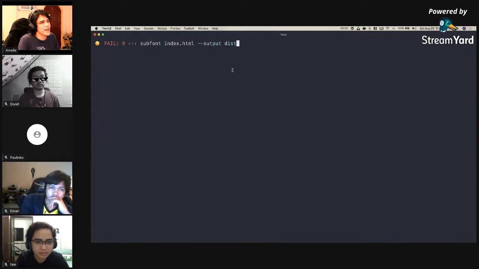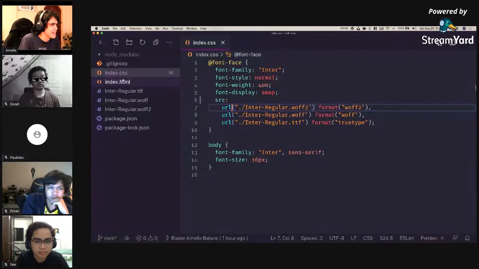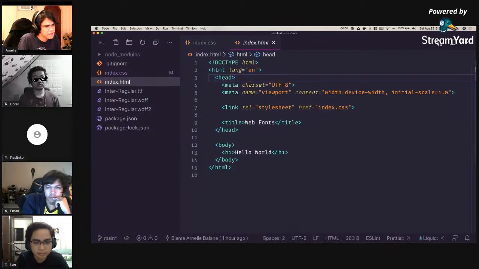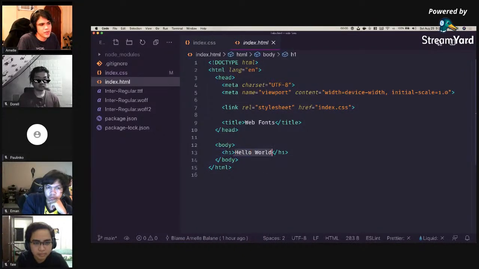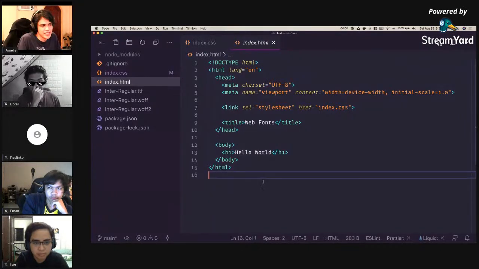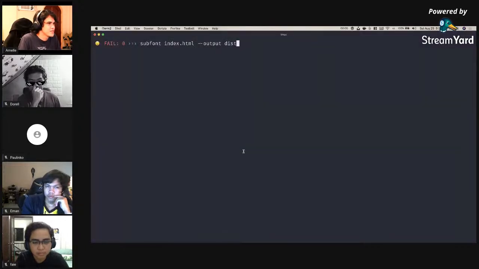You use Subfont by just passing your HTML file. The nice thing with Subfont is it will automatically try to detect which characters, which glyphs, are used by your HTML file. Here I'm only using "hello world" in the text. So if I run this,